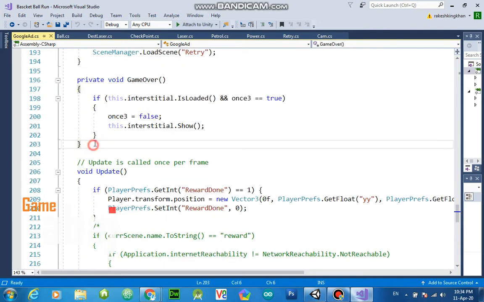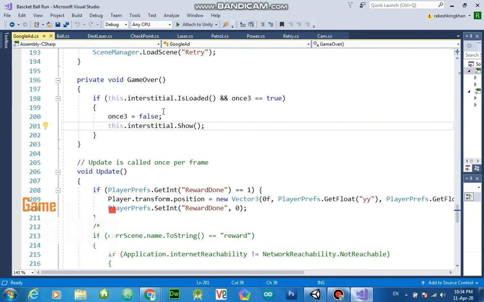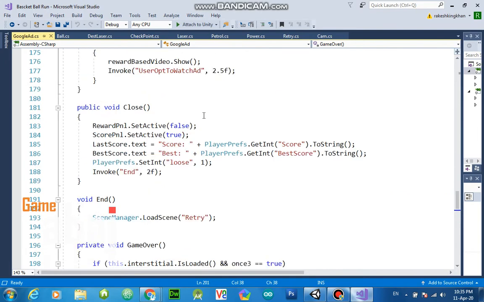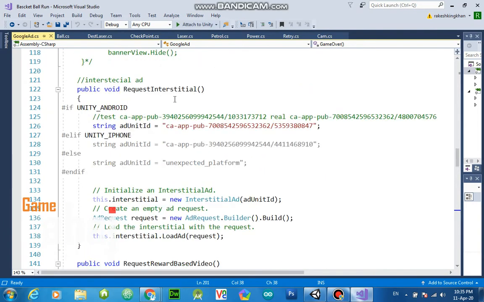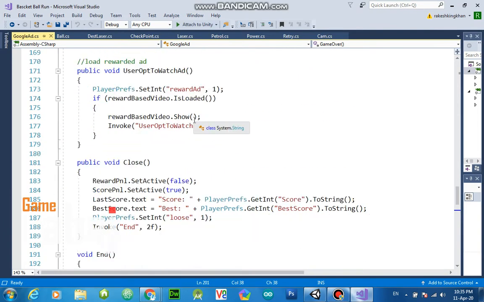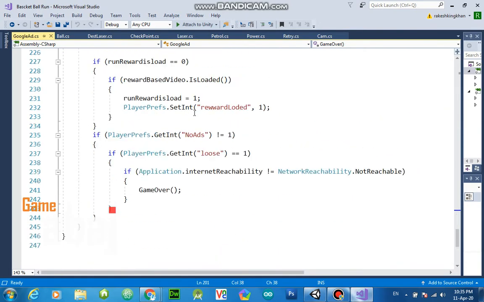One more important thing is the game over function I created. Game over simply loads the interstitial ad and shows it if it is loaded, and it requests and loads in the background. So that's it.